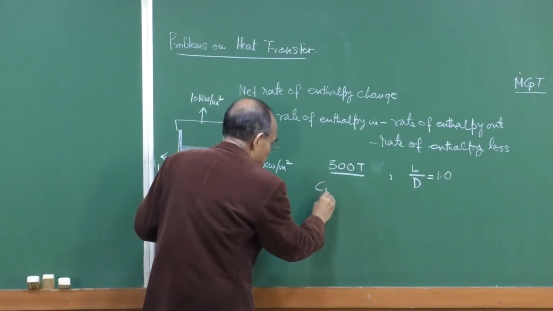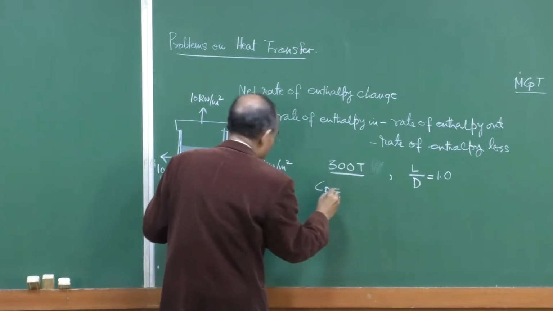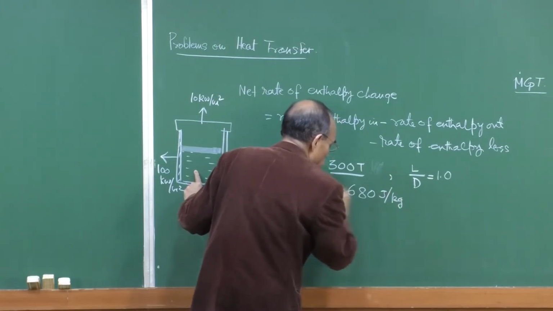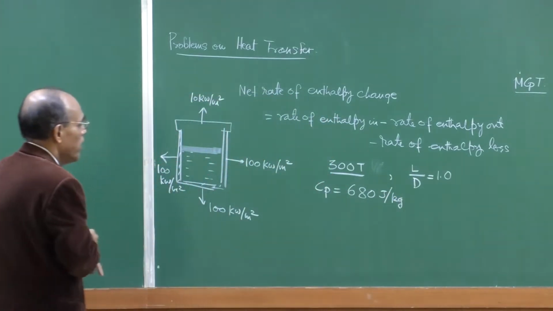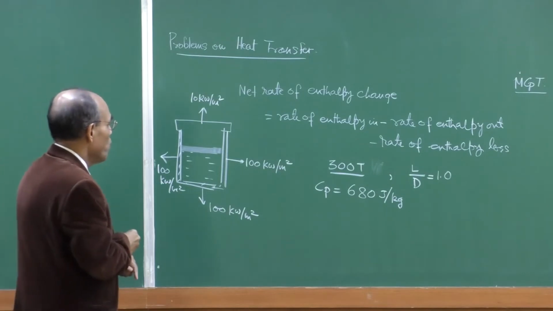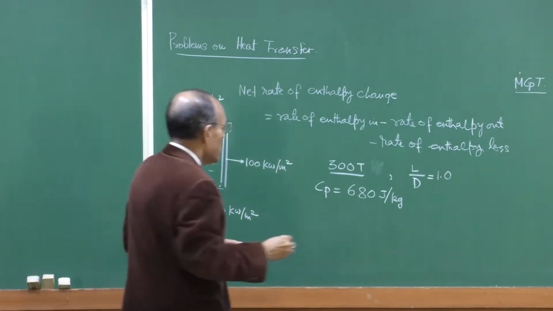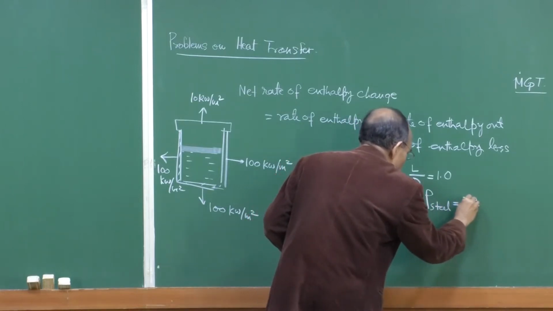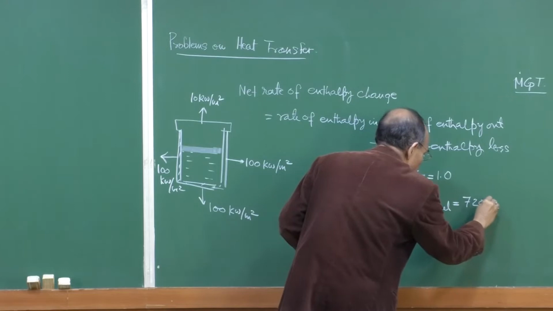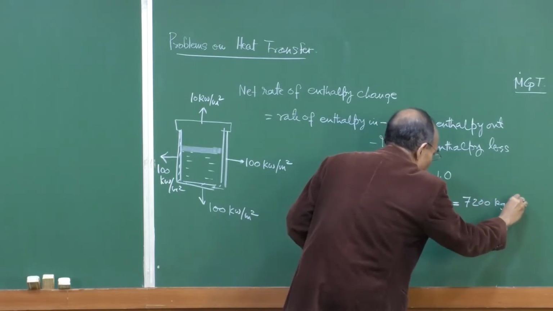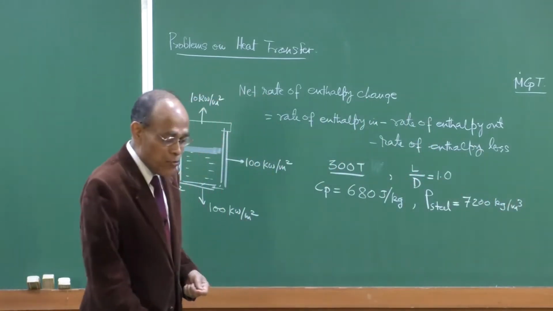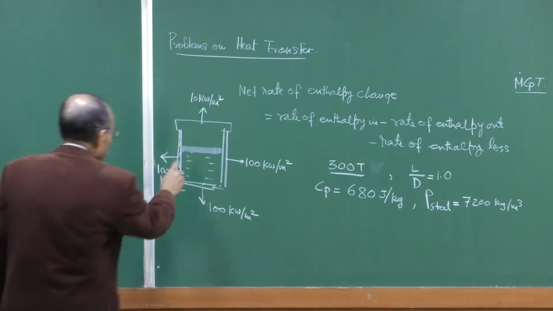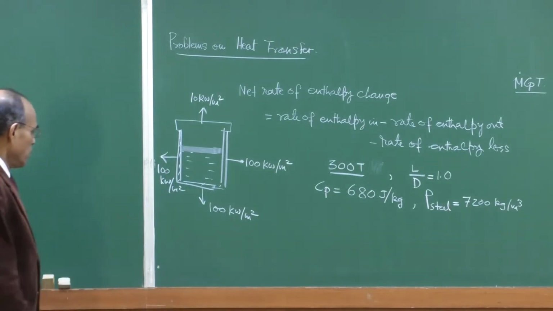Steel has a specific heat of around 680 joules per kg per kelvin, and the density of raw steel is 7200 kg per meter cube. So, these data are given to us, and we have to calculate the rate of temperature drop in the system,